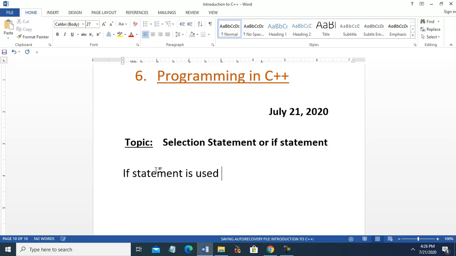The if statement is used to compare values. When we want to compare one thing with the other, we use the if statement, in daily life also.